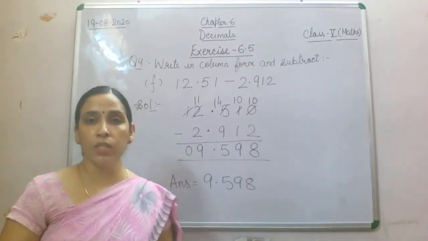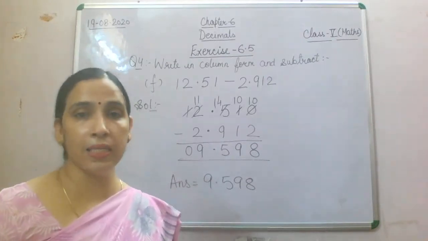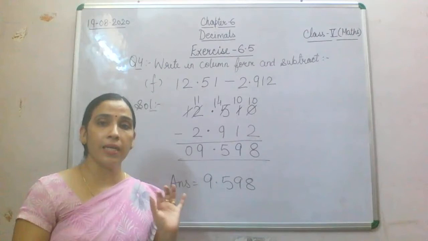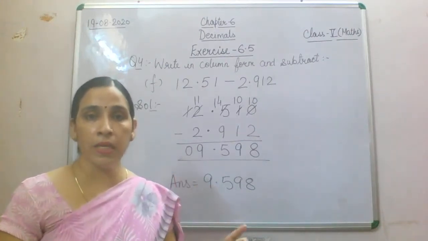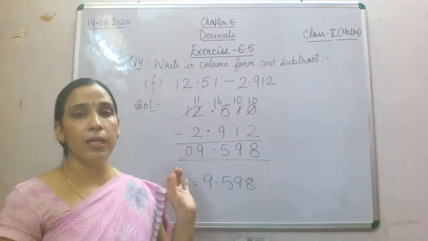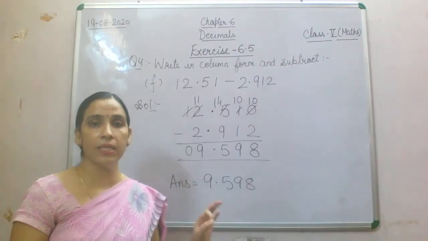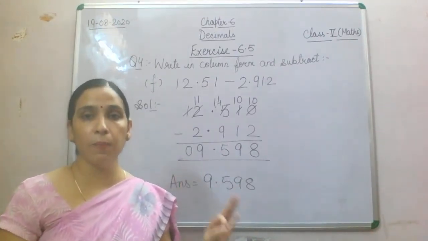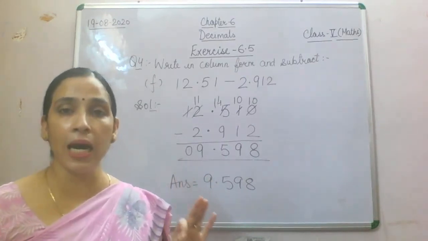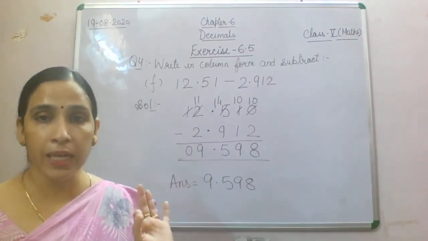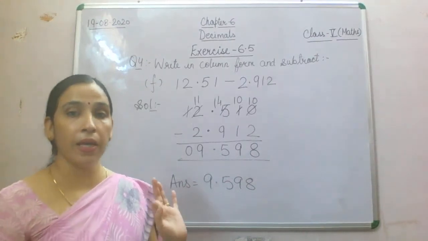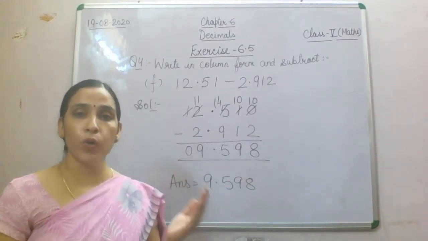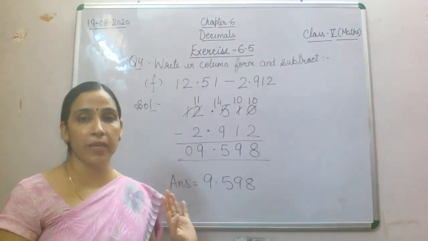For doing subtraction, you need to change unlike decimals into like decimals. The decimal number with more decimal places will be written first, then minus, and then you will write the next decimal number, change it into like decimals by putting zeros, and then start doing subtraction by borrowing. If you have a smaller number above, fine, by borrowing you can easily do the subtraction.